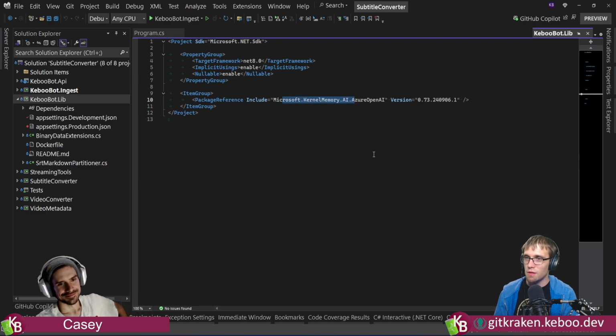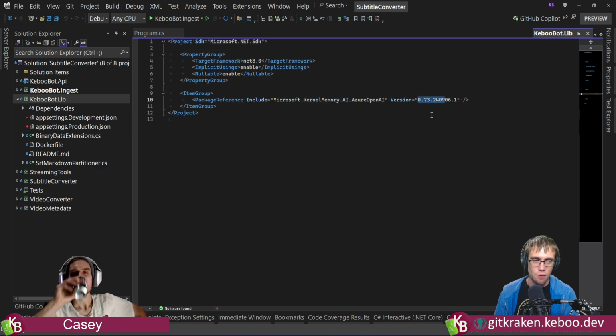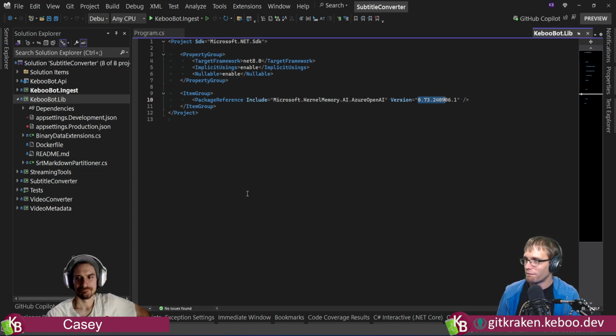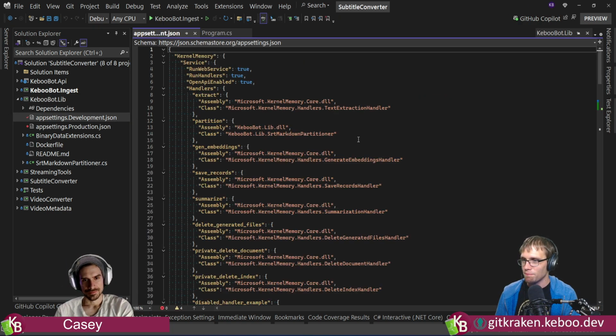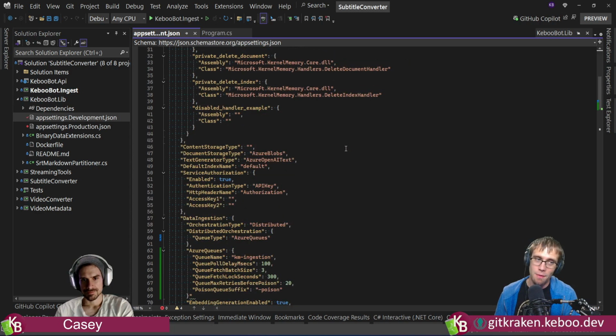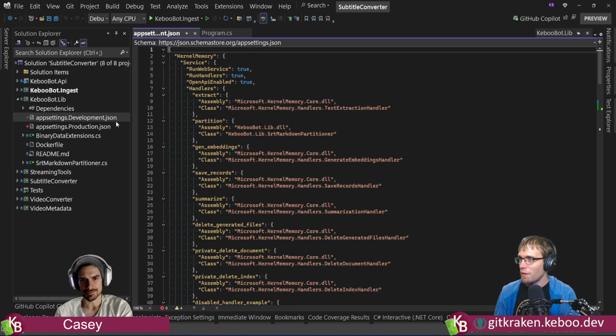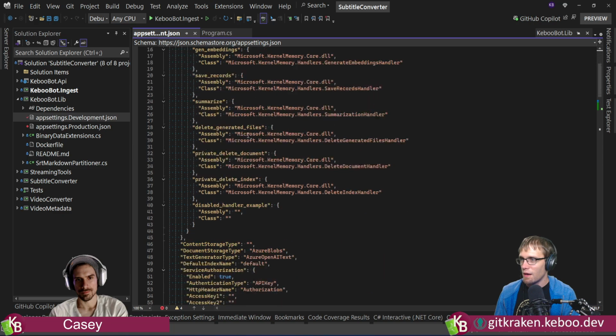Yes. And just to make things interesting, I revved this version like 15 minutes ago, because I was worried that we might be out of date or missing anything, so I just got all the latest things for reasons. We've got a development JSON, which is the one we can show on stream, and we've got a production one, which I will not be opening up on stream because it has production-y things in it.